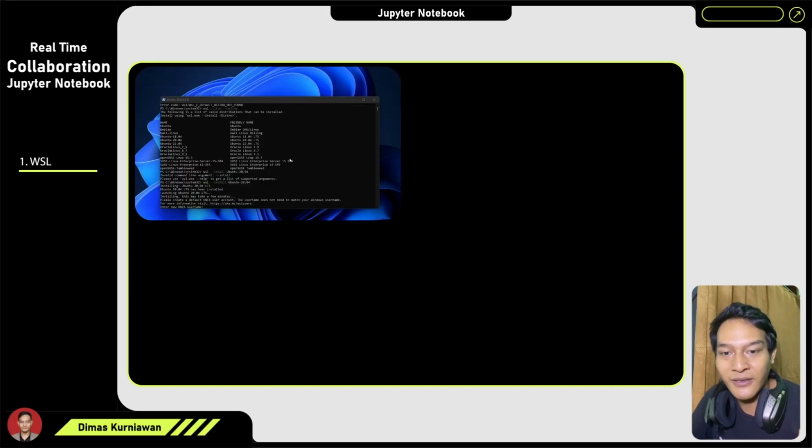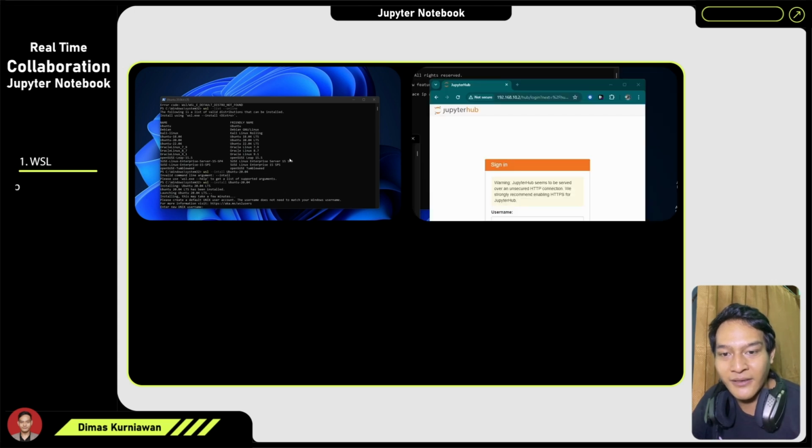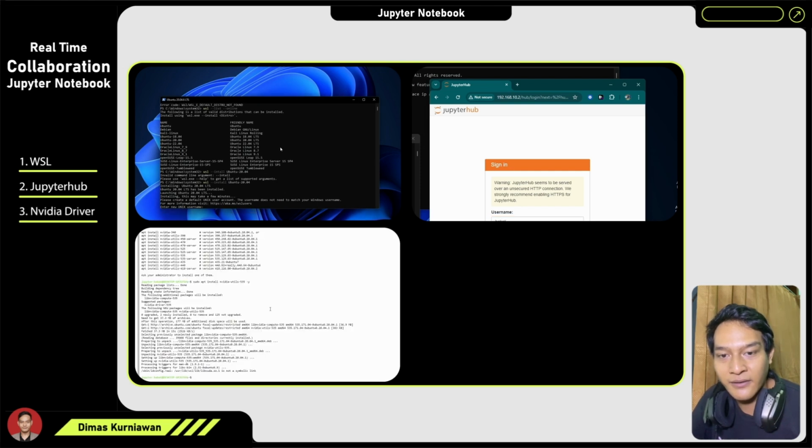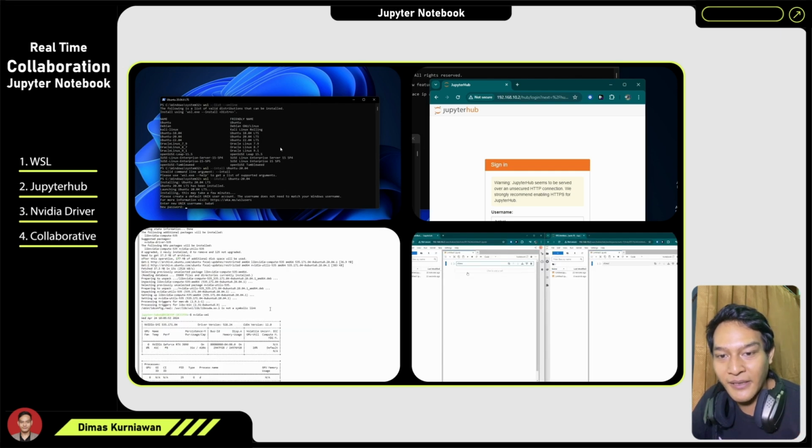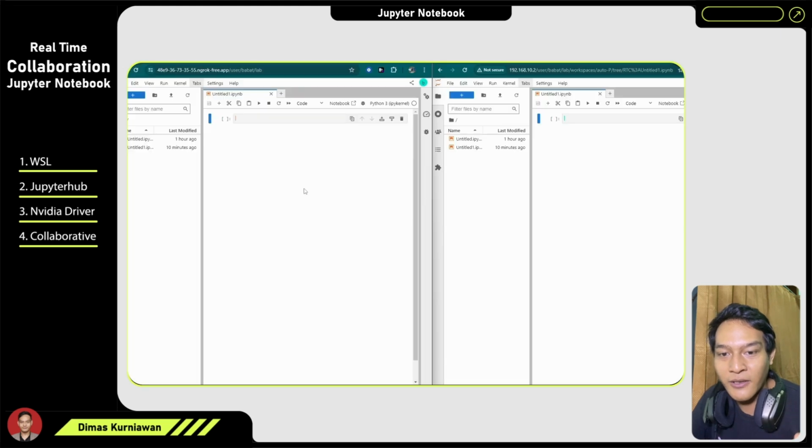In this section we will learn how to set up a Jupyter server in the Windows Subsystem for Linux, or WSL, and then we will share this Jupyter notebook over the internet so the team can work together, whether you are on Windows but love the power of Linux.